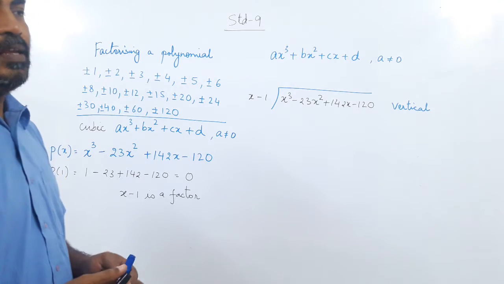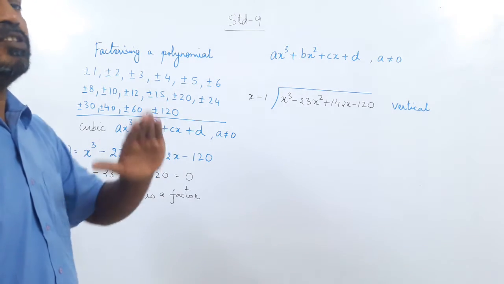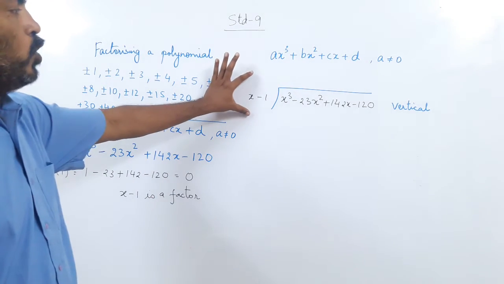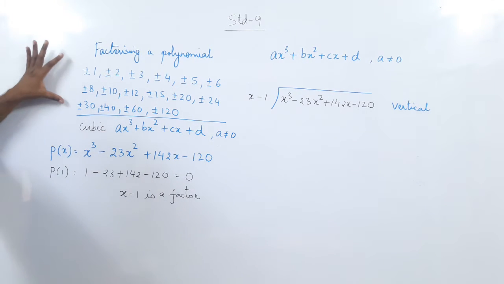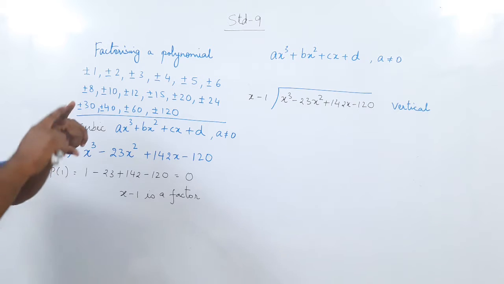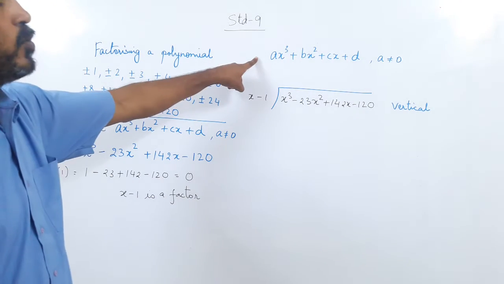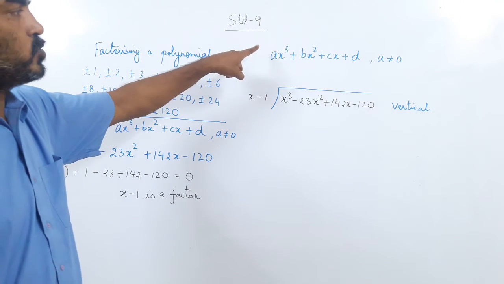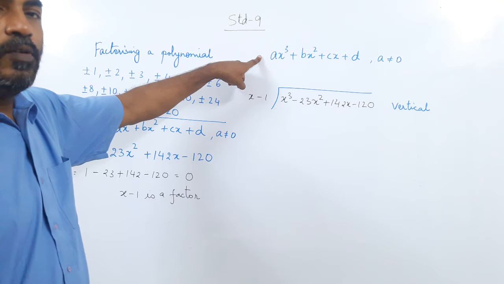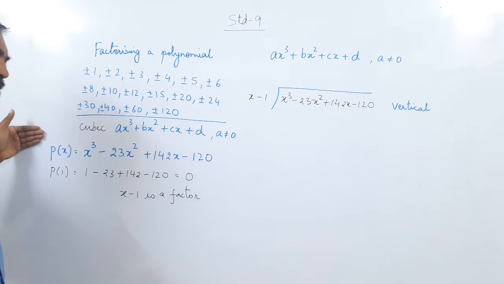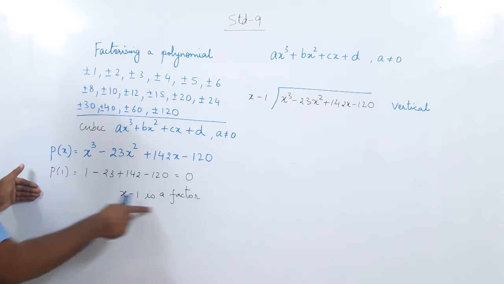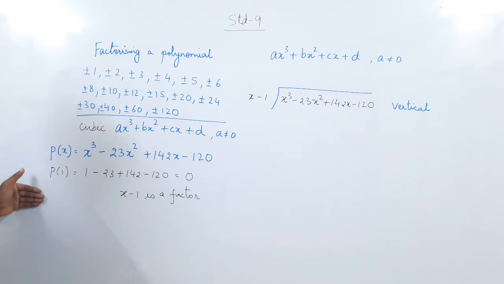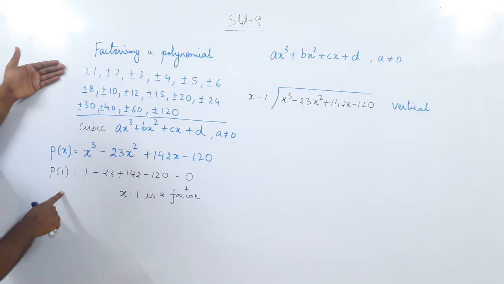So you can see how we progressed with the lectures. Yes, I taught you long division method, I taught you remainder theorem, and I taught you splitting the middle term. Combining these three, we are going to solve this sum. So to solve this sum, what we need to do? We need to first understand the remainder theorem, how to find factors. If the value is 0, then x minus 1 is the factor.